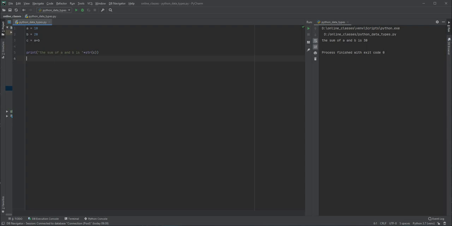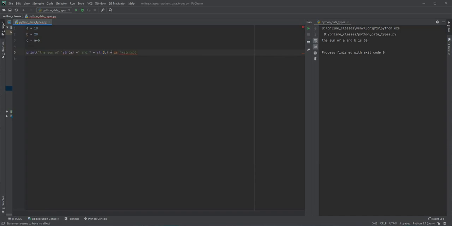So let me add this a value as a string variable using the str function. Then again I will add a plus symbol and concatenate, and then again I'll concatenate the str of b.